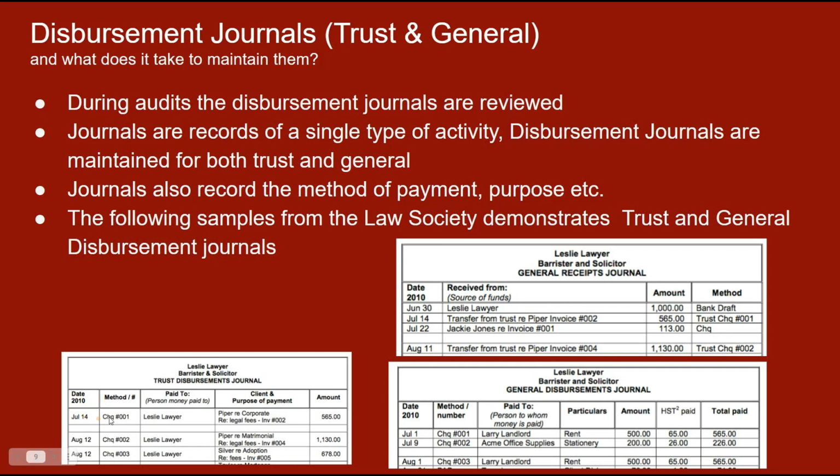You can see some similar data elements between the ledger and the journal. You have the date. You have the particulars. They just have a different column name, let's call it. Of course, you have the amount. But you could see that there's a couple more columns added to this journal. And the most important one that I see is the method. And of course, who is this paid to? But the method is so important and comes very handy during a reconciliation process.